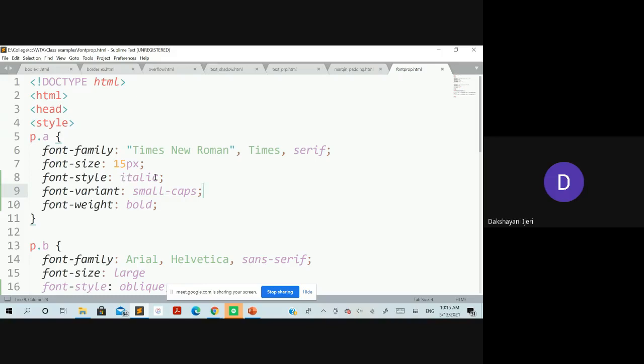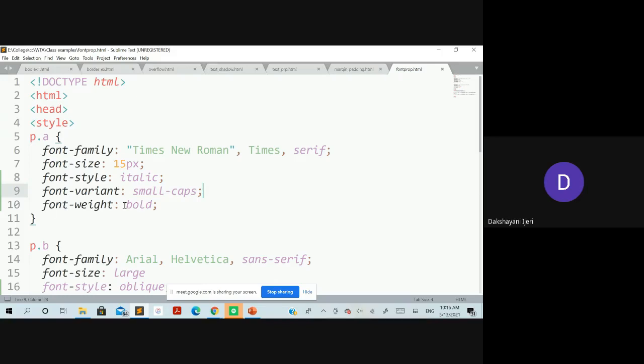Here in this case, we have taken the example of italic. And the font variant, as I told you, if you want everything to appear as small capital letters, it is going to make everything appear as capital letters, but the size of those capital letters is going to be small as compared to the rest of the default size. You'll get to know once I run this program. And the font weight being bold, normal, bolder, right? In that case, you can use any value of your choice, whatever you want to apply to that text.